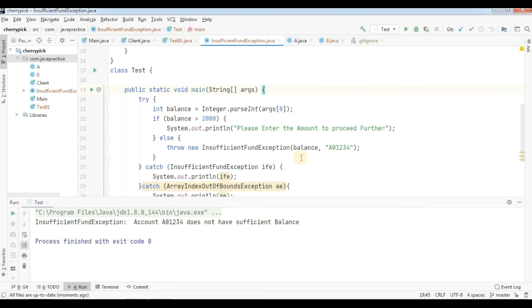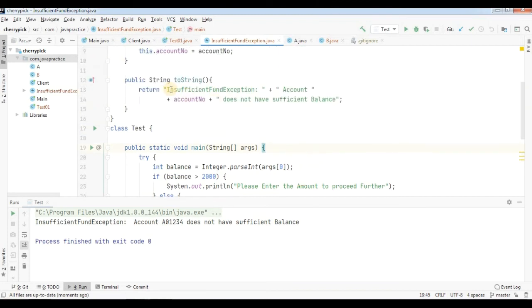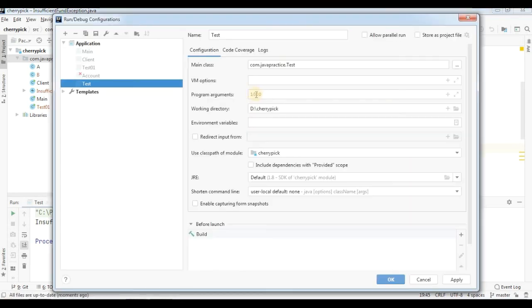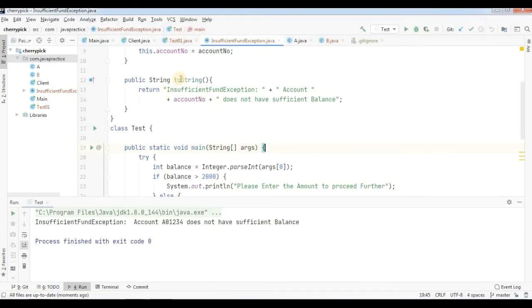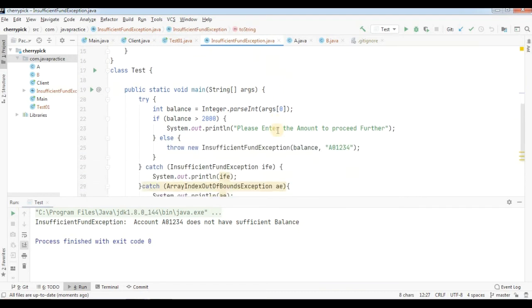Now you can see the actual string message that we are returning over here will appear, because it is accepting the command line argument value we have given, that is correct. So this is the toString value. Here we have provided 1000 rupees, so the balance is less than 2000.